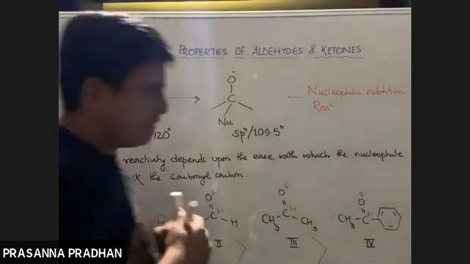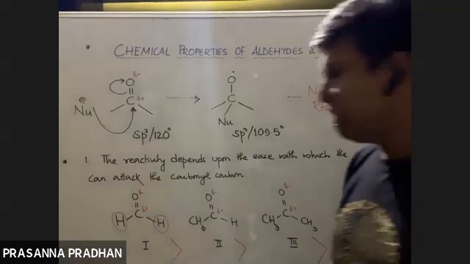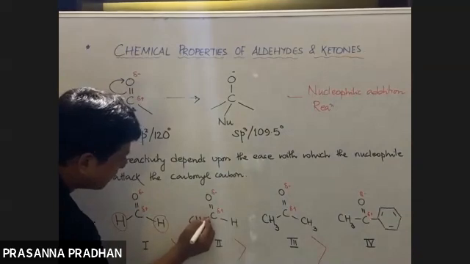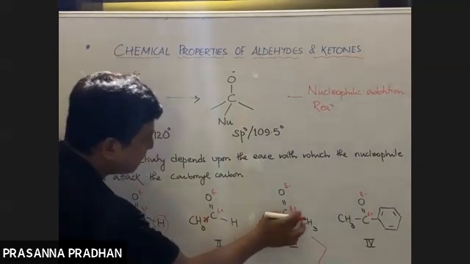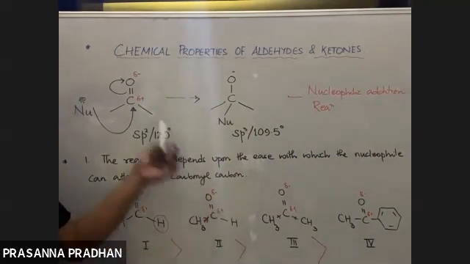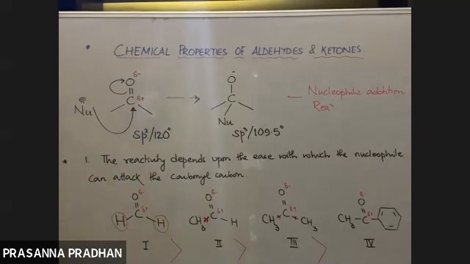Another way in which we can explain is, in the first place, tell me, why do you think the nucleophile is attacking this carbon atom? Because it is positively charged. But as the number of alkyl groups increases, the alkyl group is electron donating. So as the alkyl group increases, what will happen to the magnitude of this positive charge? The alkyl group donates electrons to the carbonyl carbon. So the magnitude of the positive charge decreases. If this positive charge decreases, where will the nucleophile attack? So the second factor on which the reactivity depends is the electronic effect.